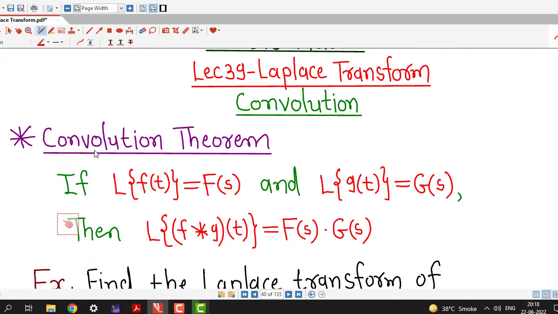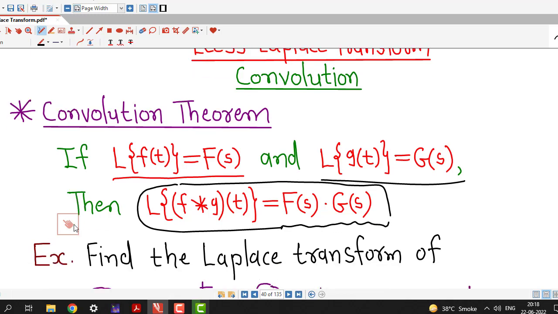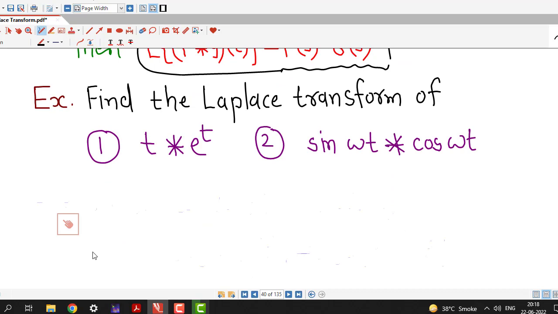Sometimes they ask you to write down the statement of convolution theorem, and you can write in this way: if Laplace transform of small f of t is capital F of s and Laplace transform of small g of t is capital G of s, then Laplace transform of f star g equal to product of F of s and G of s. Using convolution theorem we find out Laplace transform of these two functions, which are convolutions of two